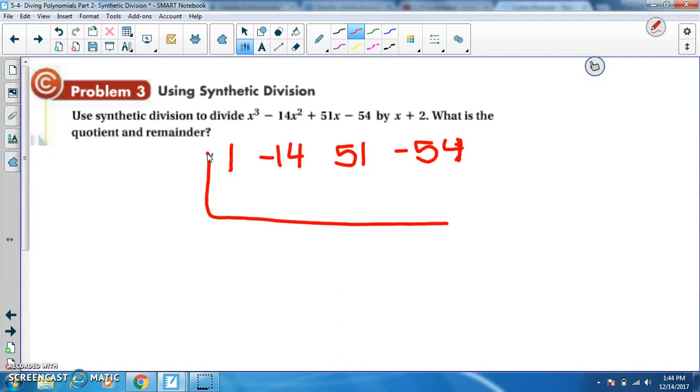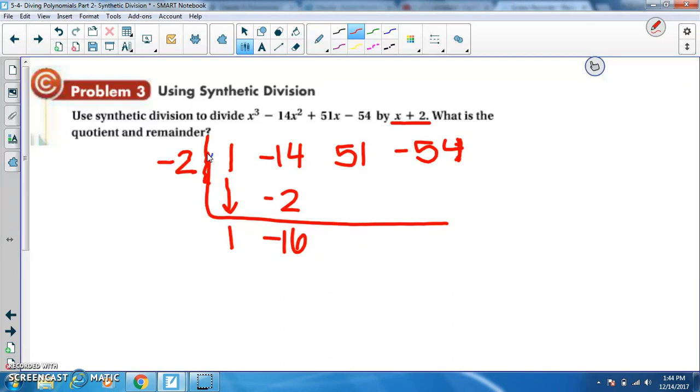Then I take my divisor and I take the opposite sign. So on the outside, I'm going to have a negative 2. I bring down the 1, times negative 2, which would be negative 2, put that there. And then I add down the column and I got negative 16. Negative 16